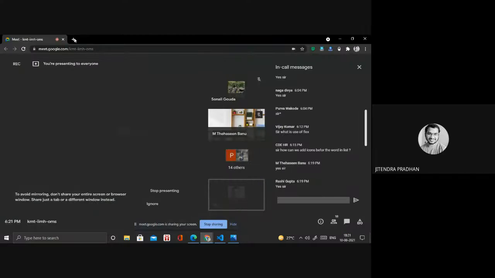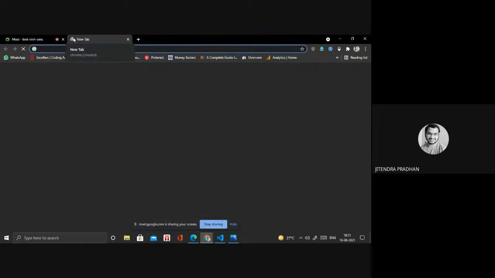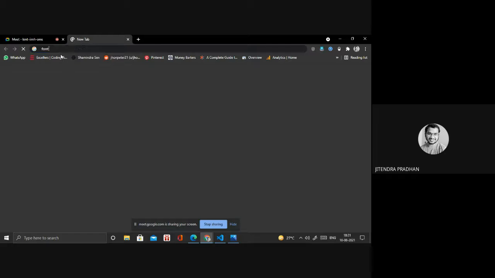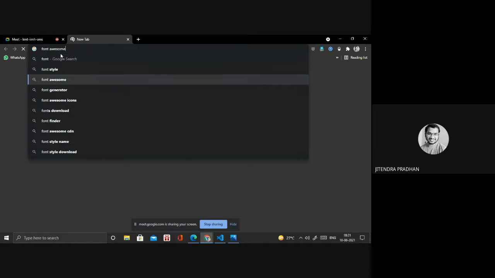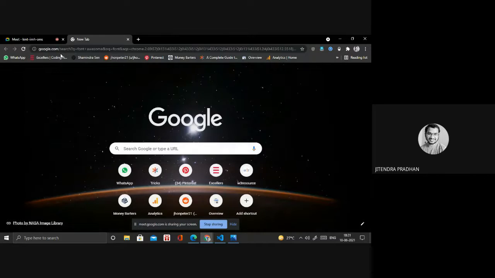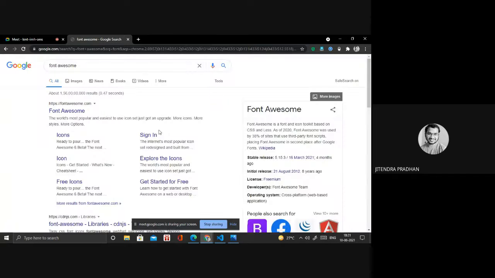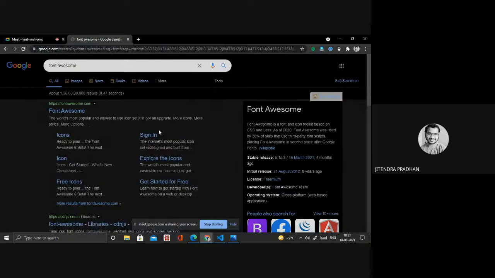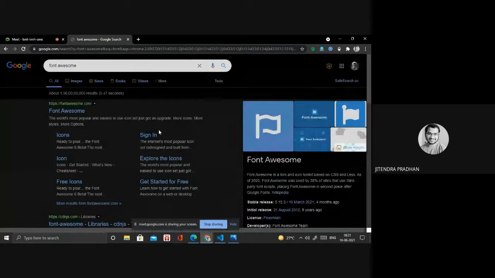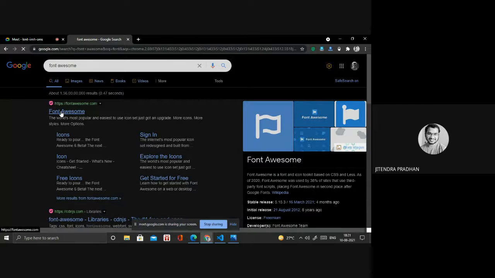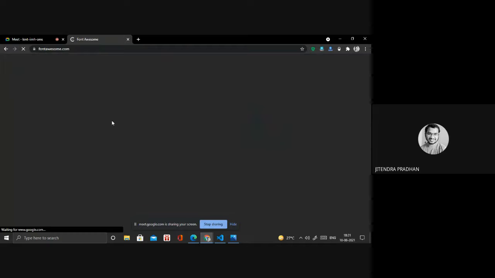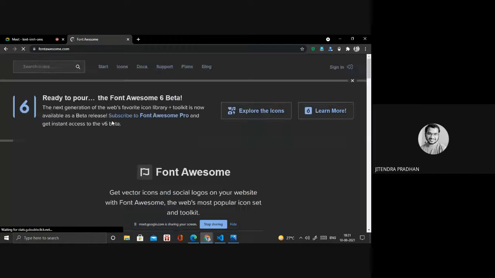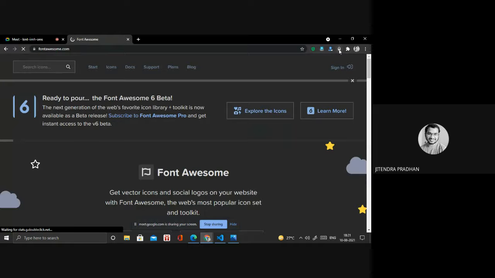You have to go to Font Awesome. In that we have to find whatever icon we want to apply.